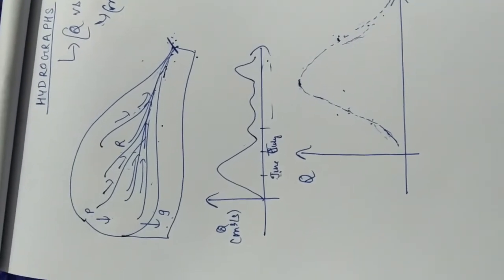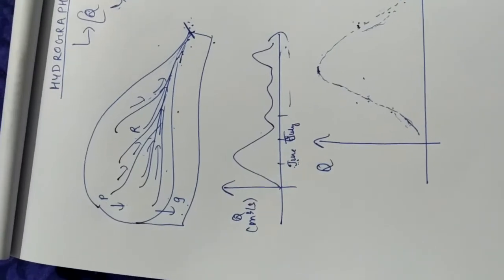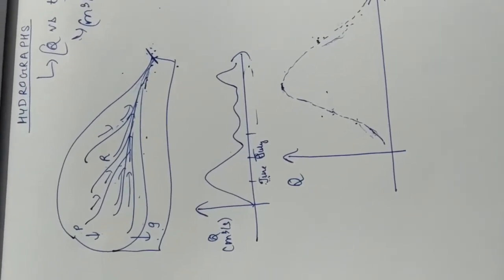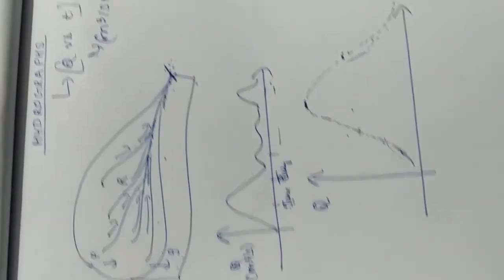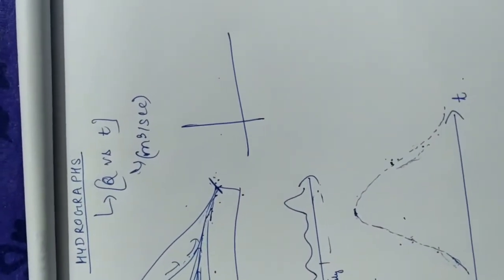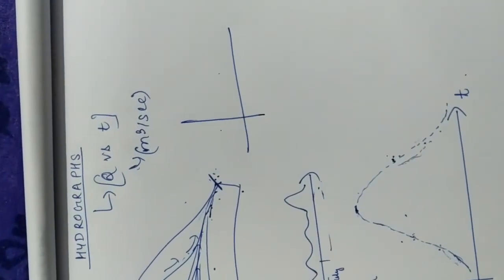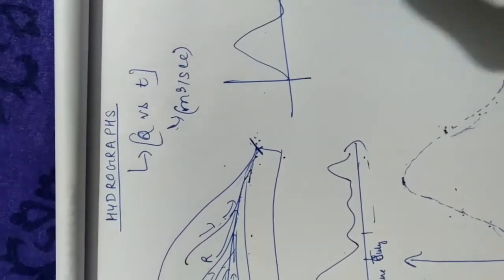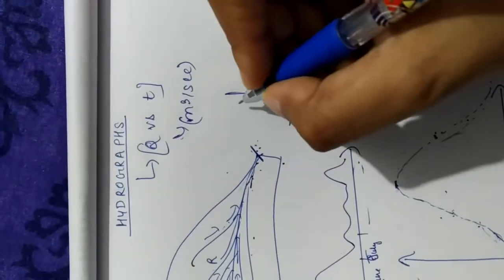Now here come two important points. There are two types of hydrographs. One is called isolated, the other is called the complex hydrograph. So here the difference is, an isolated hydrograph is for a single rainfall event. Suppose rainfall has occurred in an area for 4 hours, I'll say this is the hydrograph. Something like this I'll get in the river.